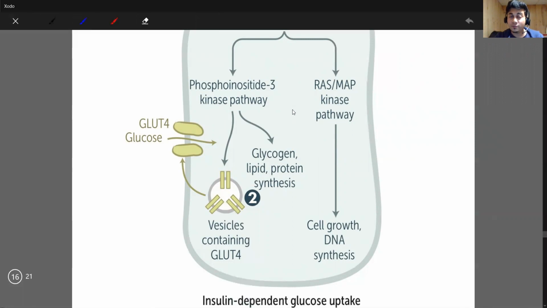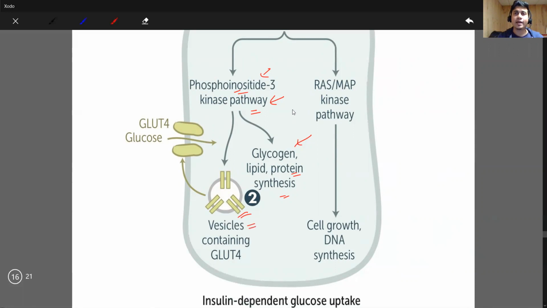When this tyrosine phosphorylation happens, it can stimulate this pathway, the PI3K pathway, also sometimes called the PI3K-AKT pathway, mTOR pathway. I'll discuss it tomorrow, the discussion of several pathways. This phosphoinositide 3 kinase pathway stimulates the glycogen, lipid, and protein synthesis. Also, it stimulates some vesicle, and this